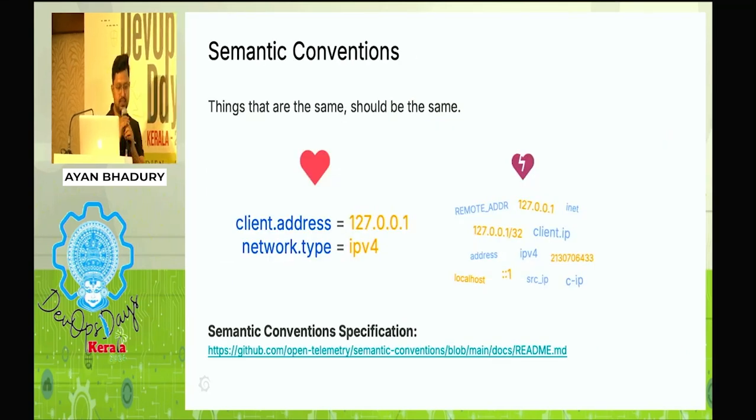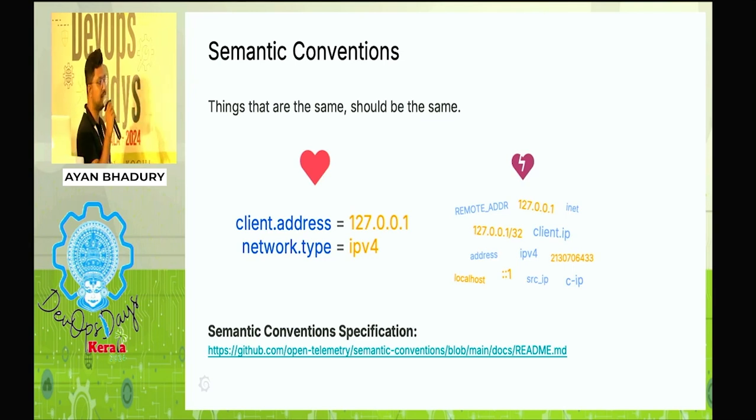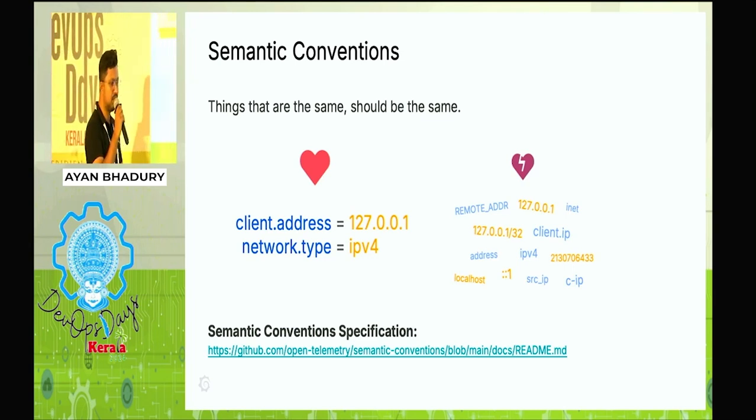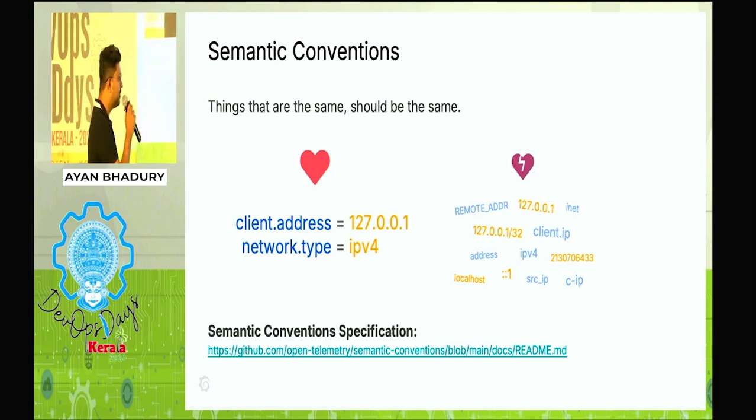Something about the semantic conventions. So for example, whenever data is sent from a service via the OpenTelemetry collector, it takes up a couple of attributes we call as